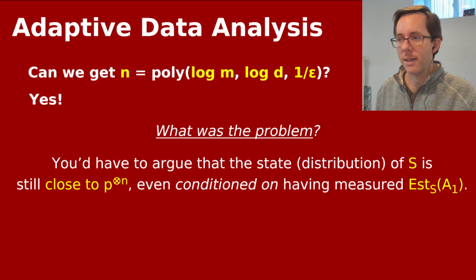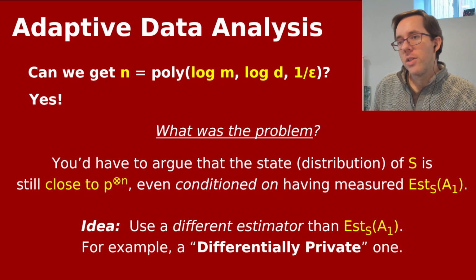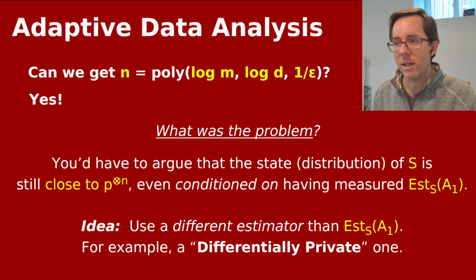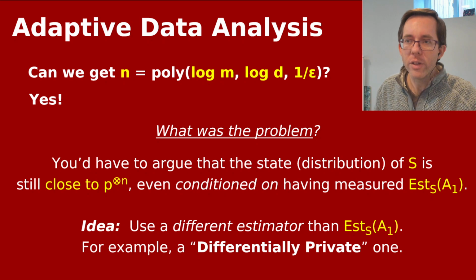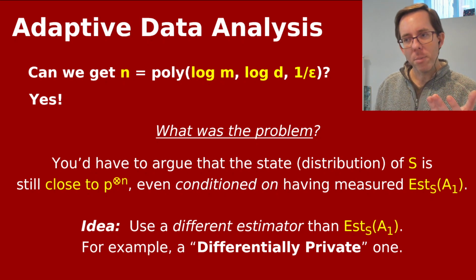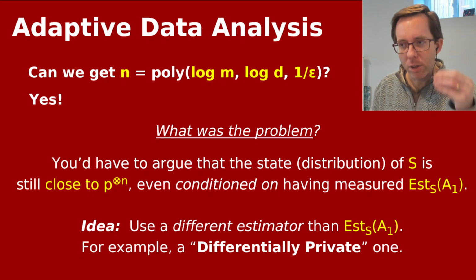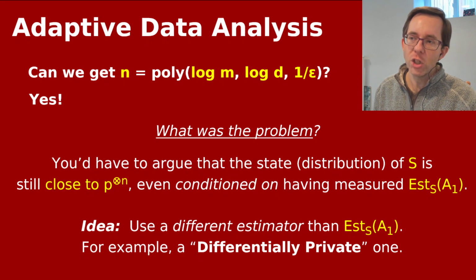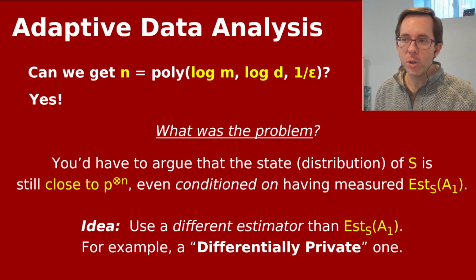first event, A1. So the idea used to solve this problem originally came from the field of differential privacy, and this idea was to use a different estimator for the probability of A1 other than the obvious one, the empirical probability. So one should take the empirical probability and, as we'll see, intentionally put a little bit of noise onto it. So that makes your estimate maybe a bit worse, but it has the feature that given the result, the distribution of your samples S is much closer to being the original distribution of n independent draws from P.